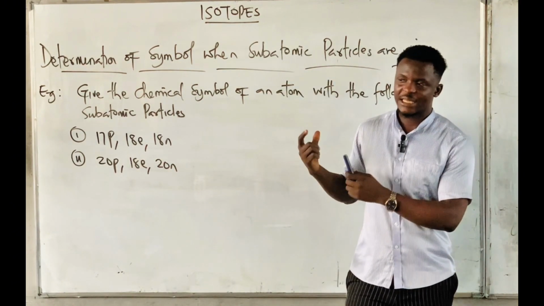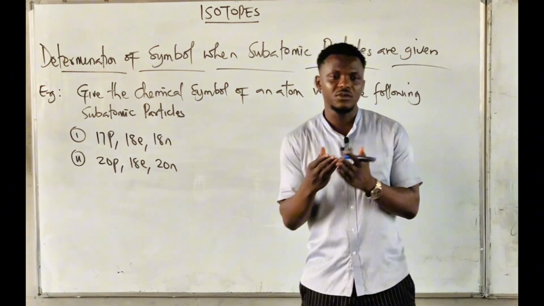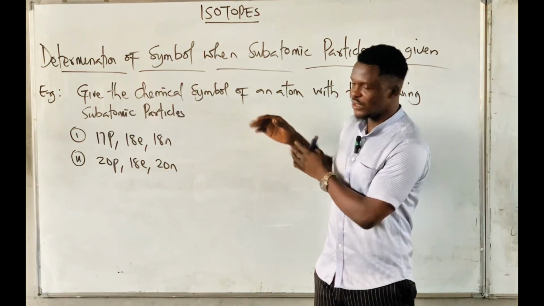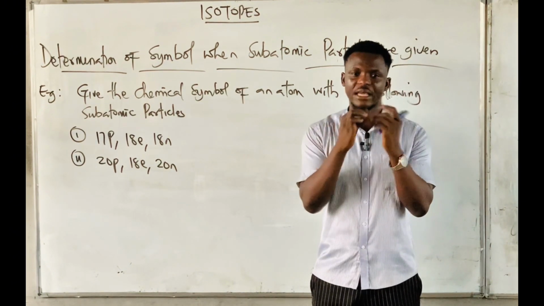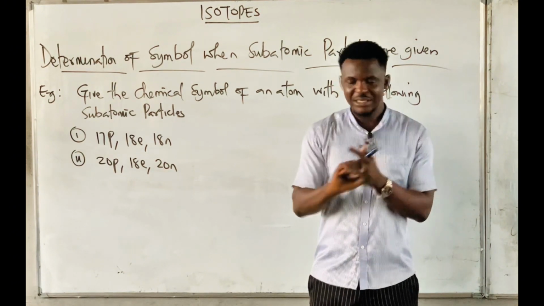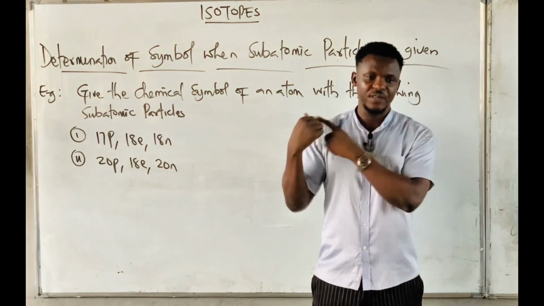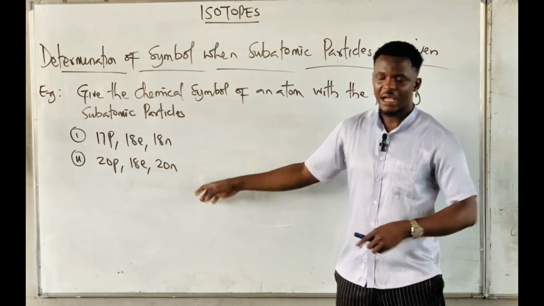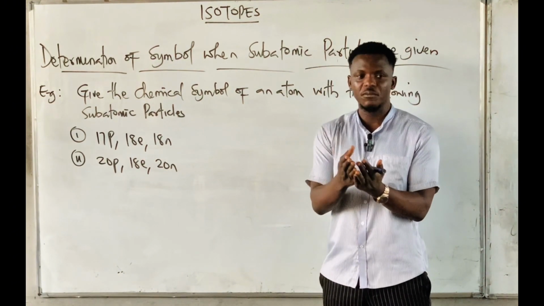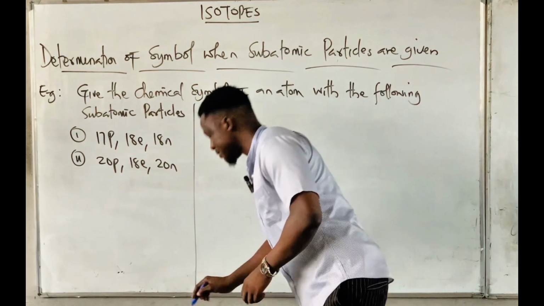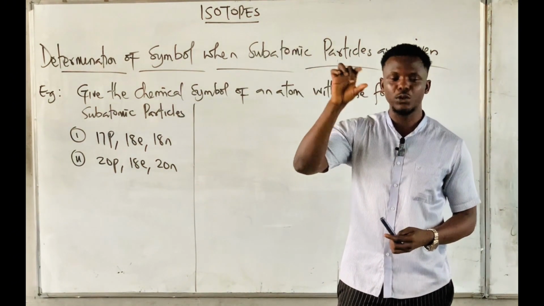So the first one, like I said, they gave us chemical symbol in terms of neutral atom and in terms of charged atom. All we just needed to do in the first case was for us to find the number of protons, the number of electrons, and the number of neutrons. So in this case now, it's just the opposite of that. This time around, they are giving us the subatomic particles and they are asking us to create or to form the chemical symbol. So the first thing I'm going to do here is I need to know the proton number